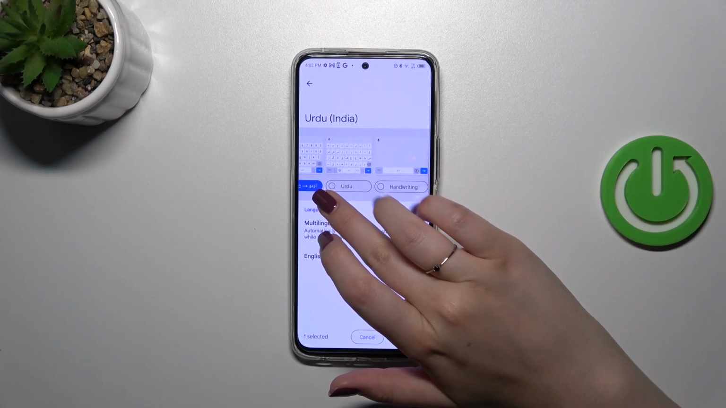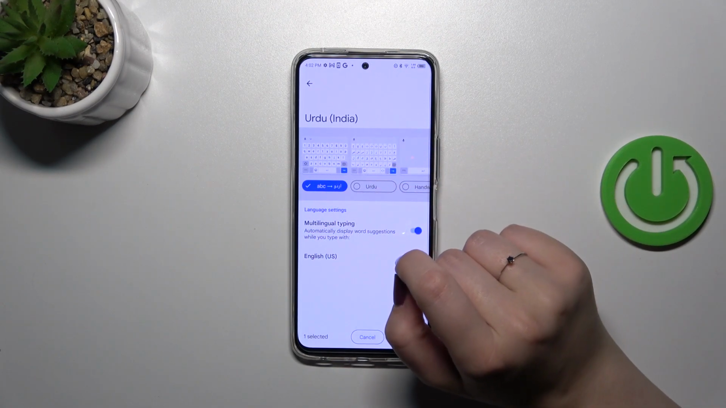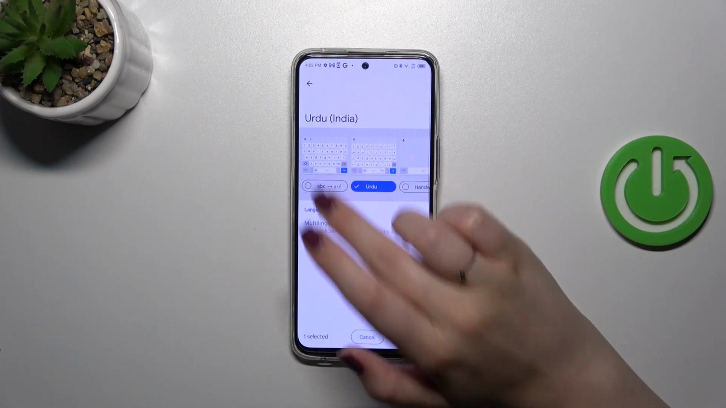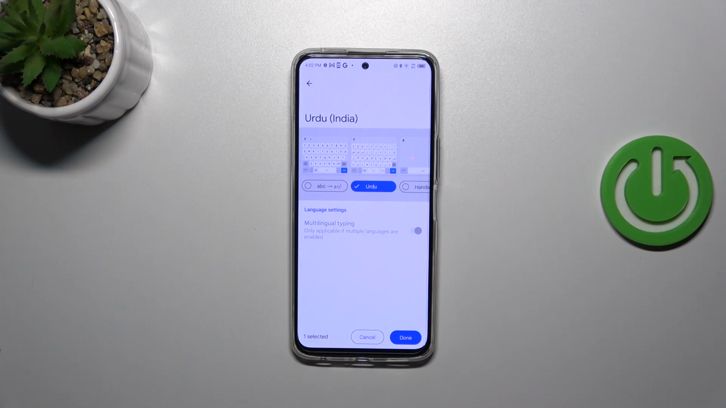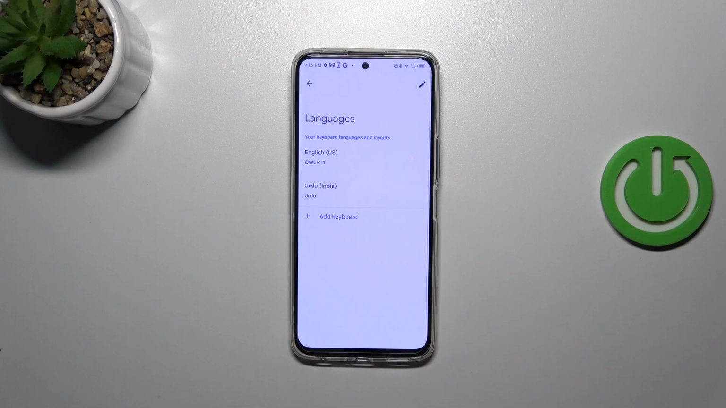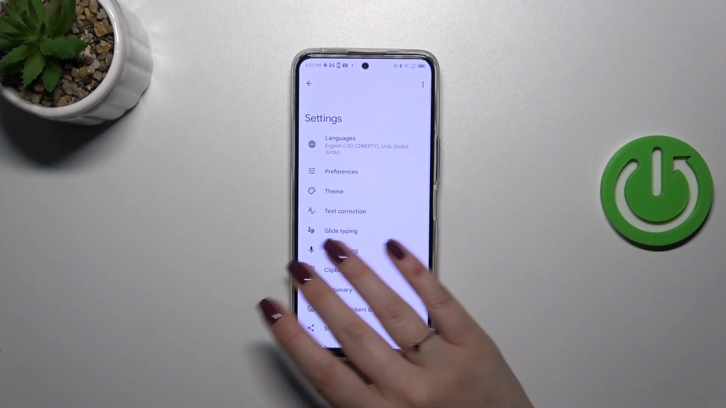So basically let's pretend I want this one to be applied. So let's mark it, just tap on it and untick this option because I want only one keyboard language and one keyboard layout. Of course you can mark all of them if you want to and simply tap on done. As you can see, the language has been applied to the list, so now we can go back to the